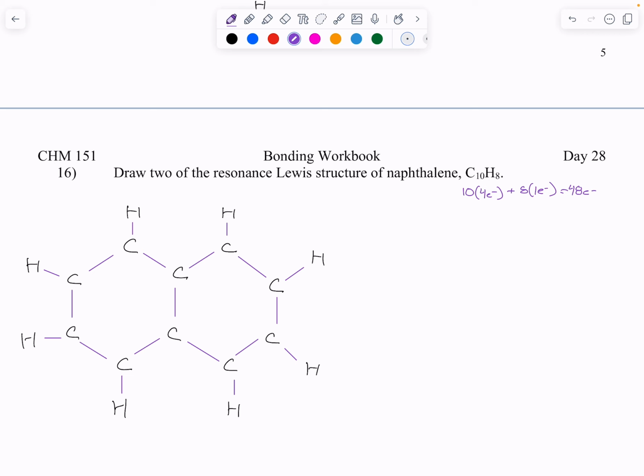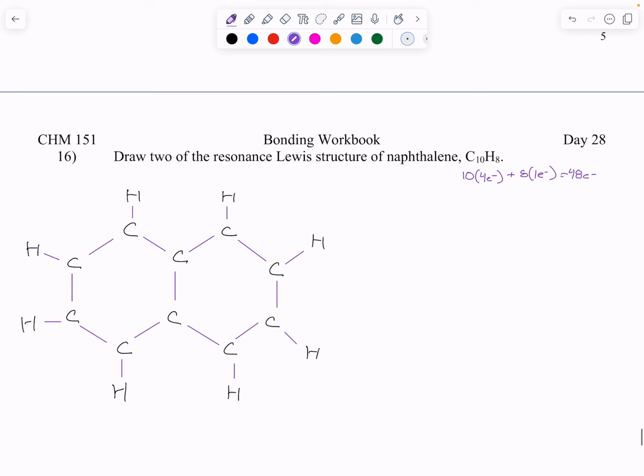All right. So now, how many electrons do we have? 2, 4, 6, 8, 10, 12, 14, 16, 18, 20, 22, 24, 26, 28, 30, 32, 34, 36, 38. I have 10 more electrons. I have 5 more bonds to draw. So I'm going to put a double bond here, 2. Double bond here. Put a double bond there. Then I can put a double bond there. And I can put a double bond here. So there's a resonance structure of